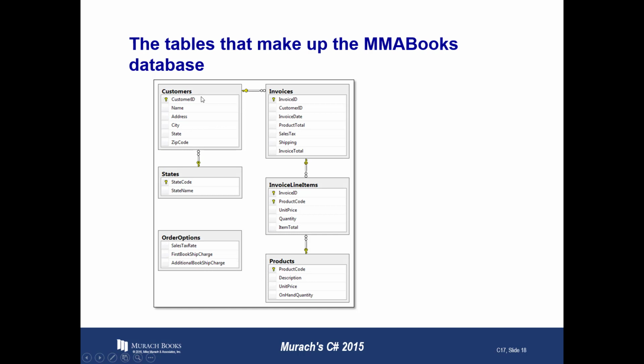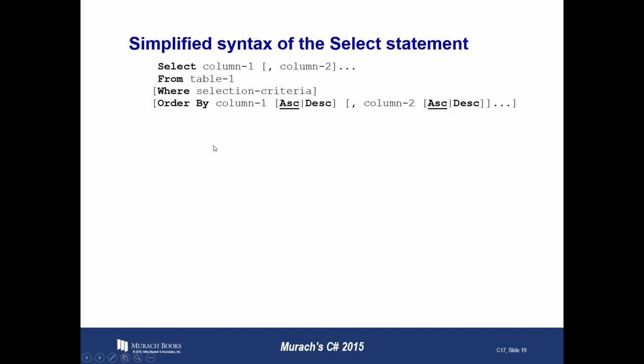First book ship charge does not appear in any of these tables. Additional book ship charge does not appear in any of these tables. But I can grab information from these 5 tables by joining together, for example, these 2, or these 2, or these 3, or these 4, type of an idea. When we do that,